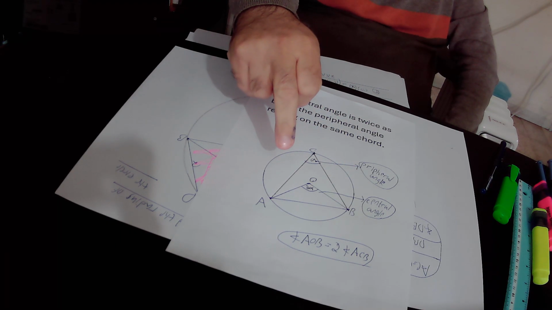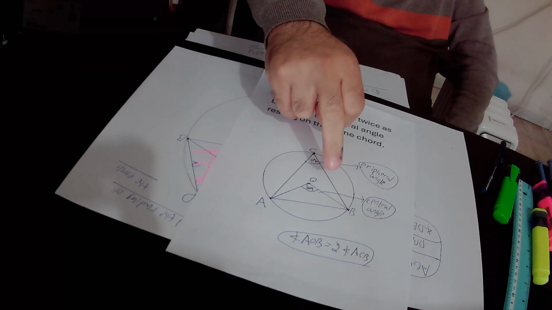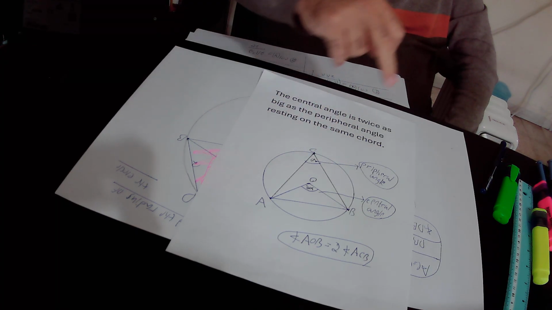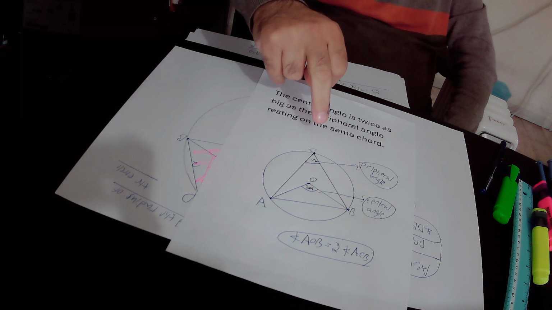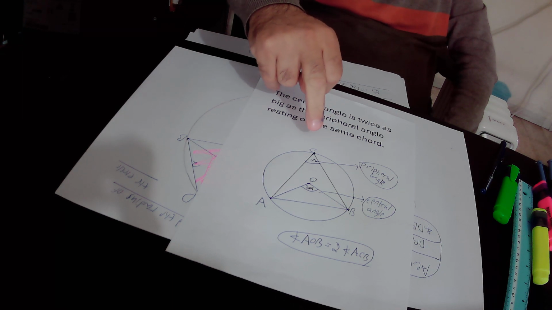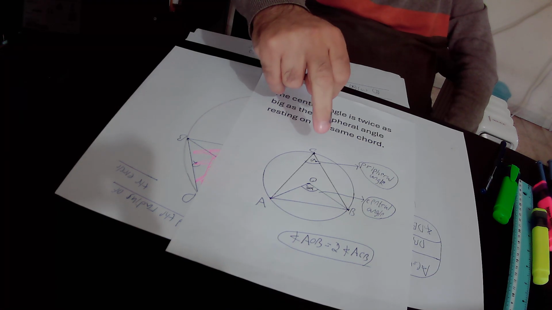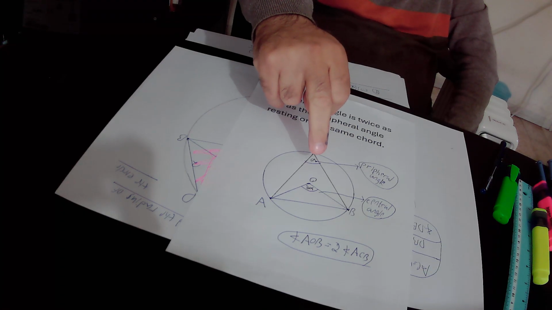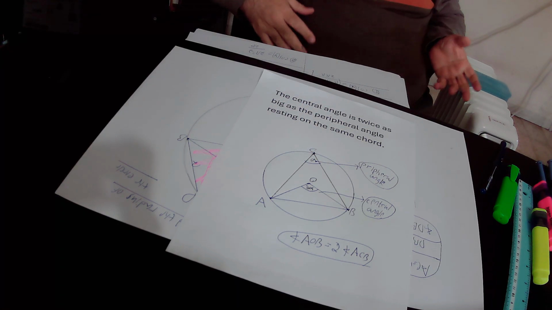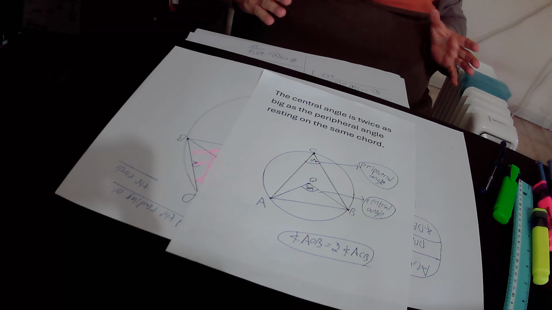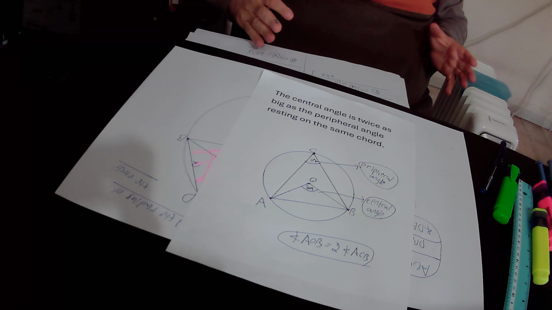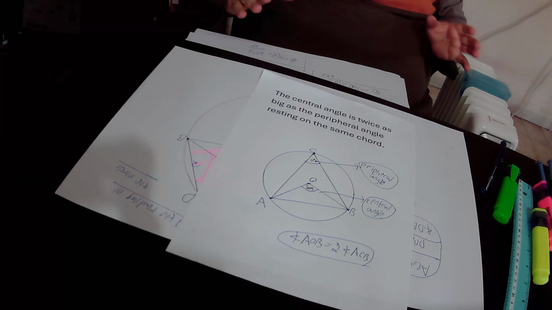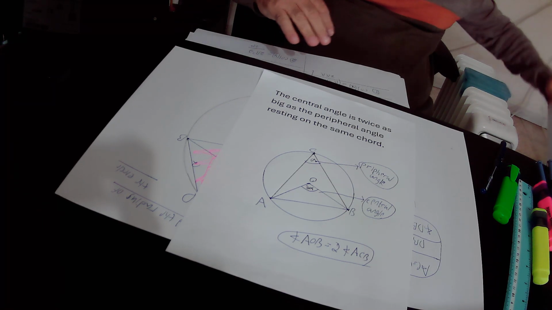The central angle AOB rests on the same chord called AB, therefore it must be twice as big as the peripheral angle ACB. And because the peripheral angle ACB equals alpha, the central angle AOB must be equal to 2 alpha. Okay, so the central angle is twice as big as the peripheral angle that rests on the same chord. Then we have rule number 2,